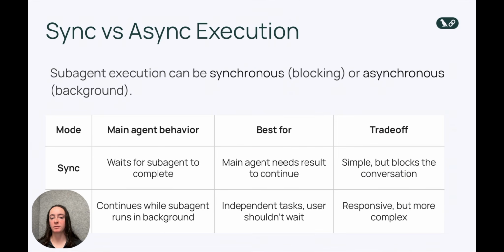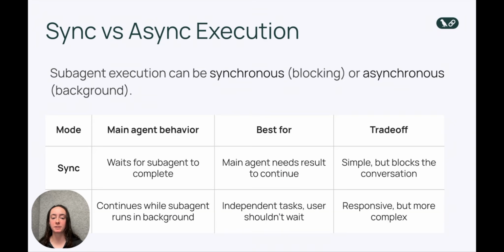First, we'll chat about the sync versus async execution of subagents. So in the synchronous case, the main agent behavior is waiting for that subagent to complete, and this is best for the case when that main agent needs the results of the subagent executors in order to continue. This is a more simple architecture, but does block the conversation,